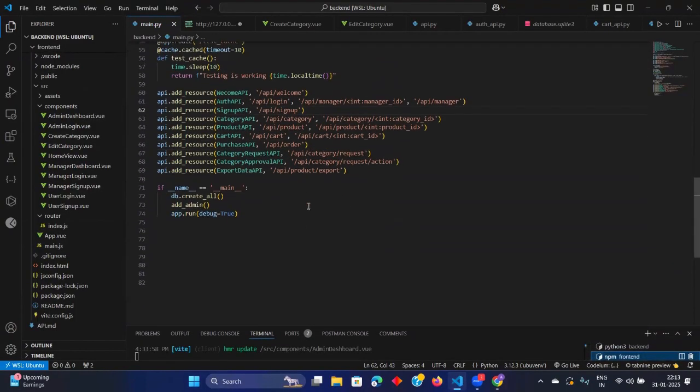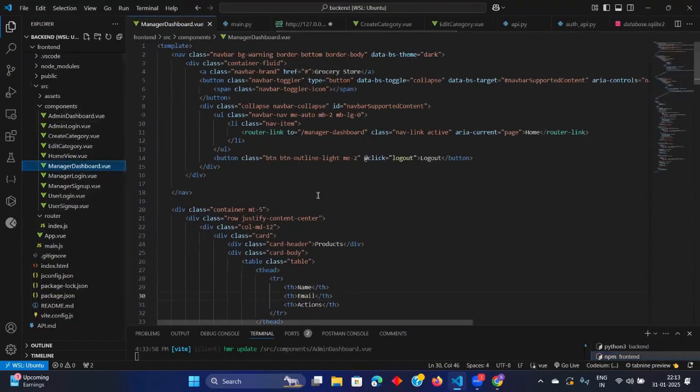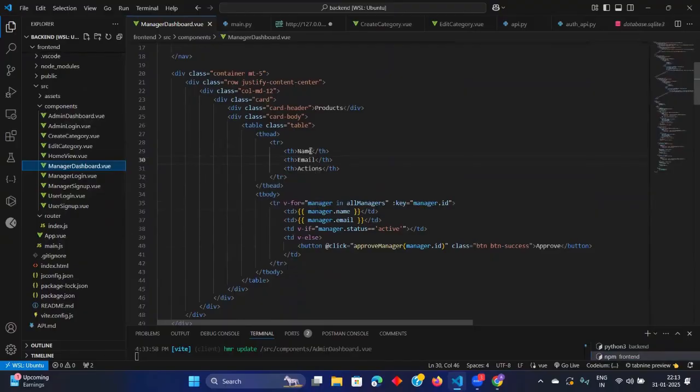Now let me see this. So we were here in the manager dashboard. Now we were going to show products: name, email. Then the product has name, then product has price, na? Price.